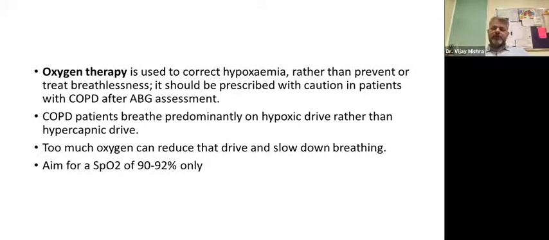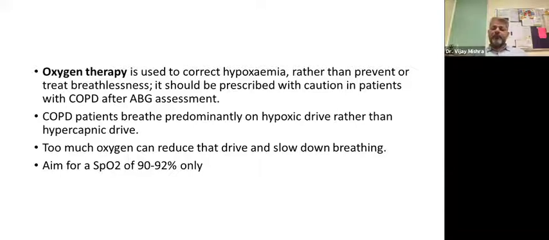Low oxygen keeps driving their respiratory center rather than the raised CO2 drive, or the hypercapnic drive. So if these patients are breathing because they are slightly hypoxic, and you give them too much oxygen so that hypoxemia is corrected, suddenly these patients will stop breathing or slow down their breathing to dangerous levels. So we only aim for saturations of 90-92, not more than that,